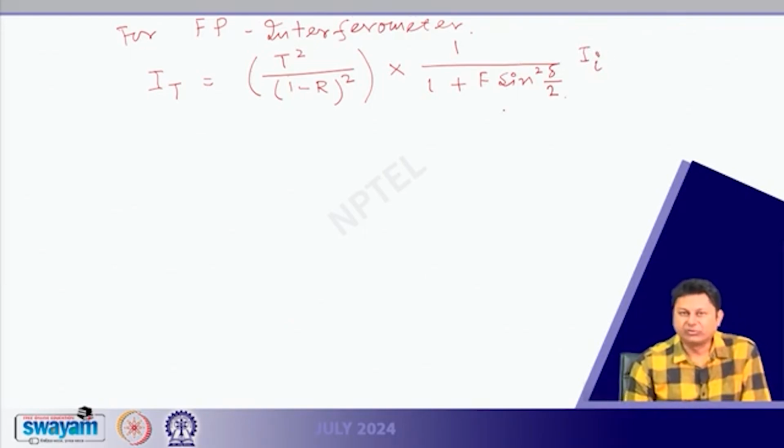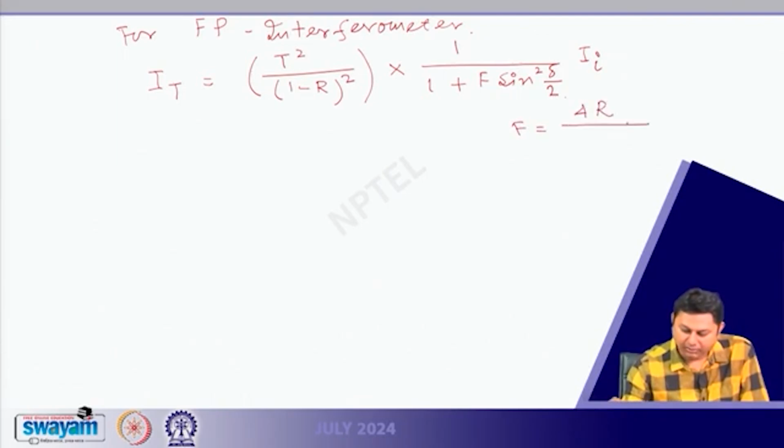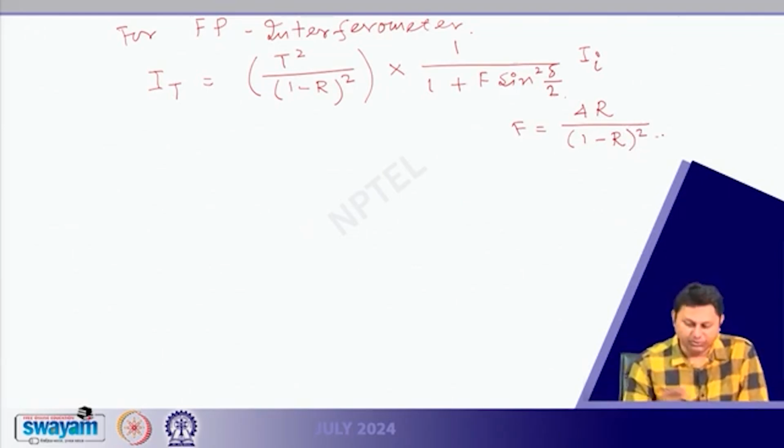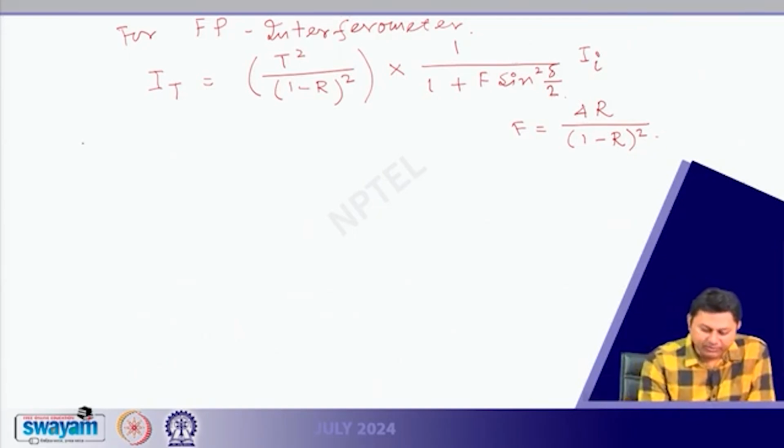F is the coefficient of finesse, where F is 4R divided by 1 minus R square. This is the coefficient of finesse that determines how sharp the fringe will be. We will show how to get this. Now, if somebody wants to find the maxima,